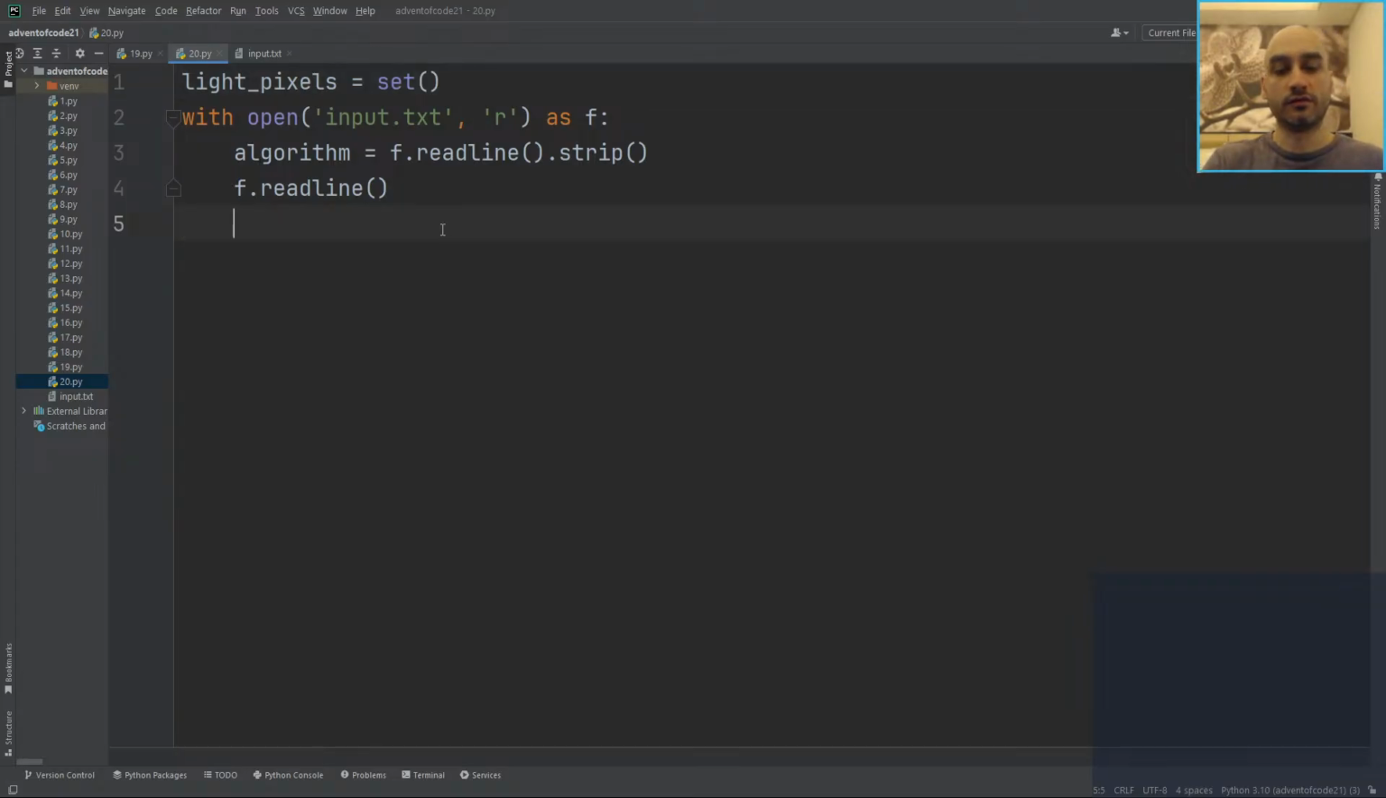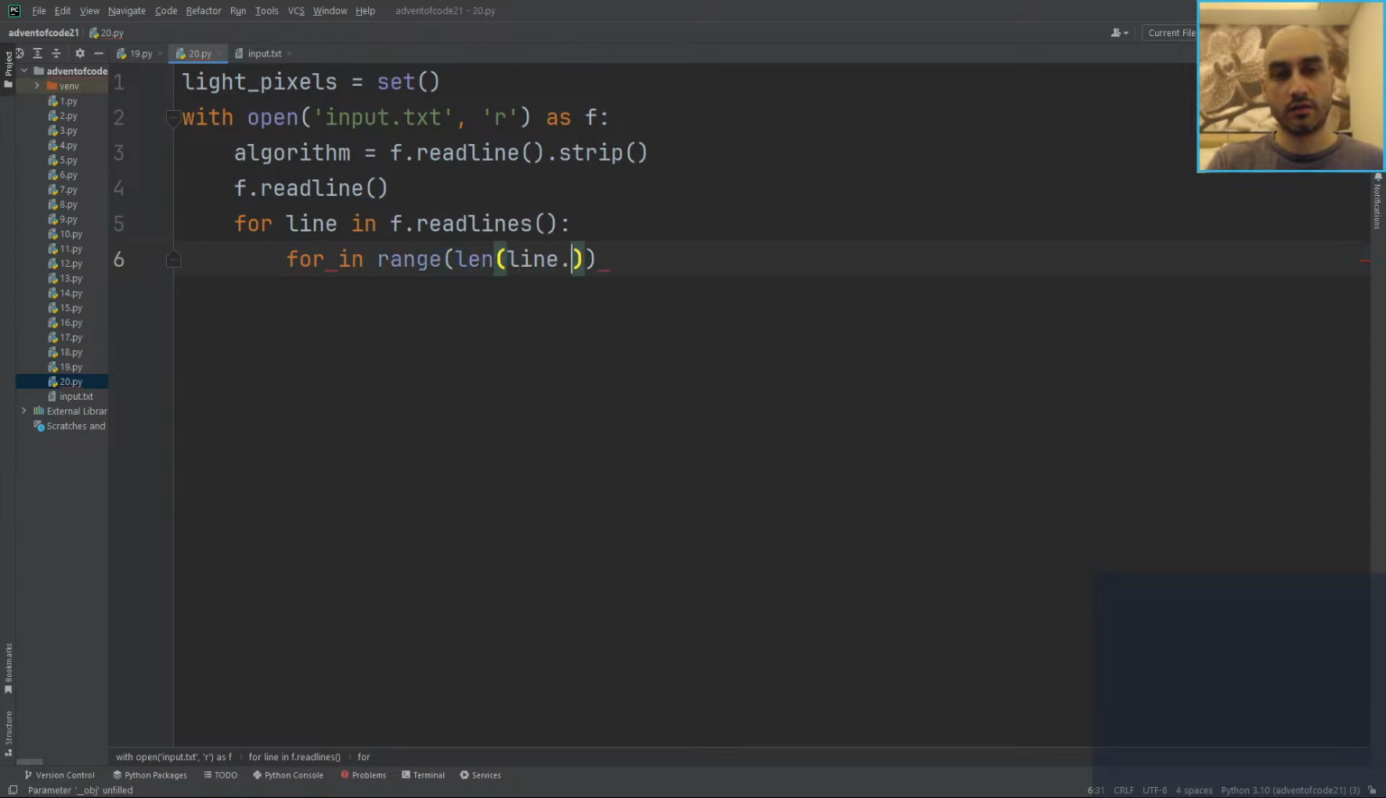And then we go for line in lines, for i in range length, strip, for